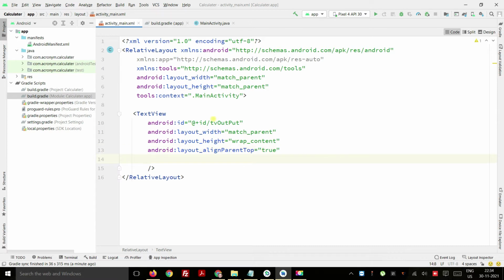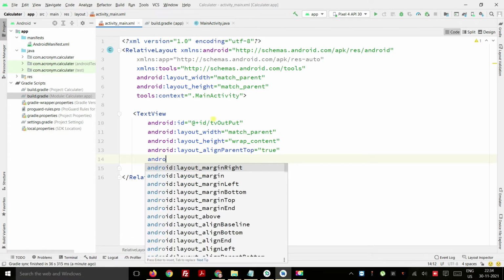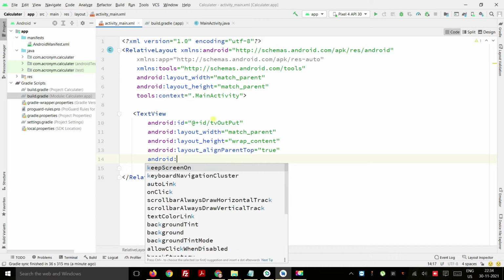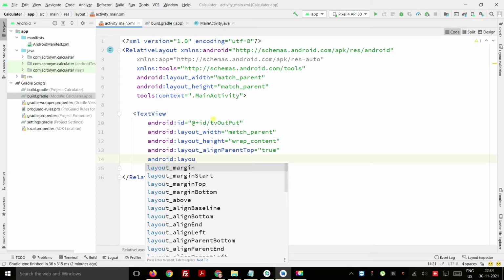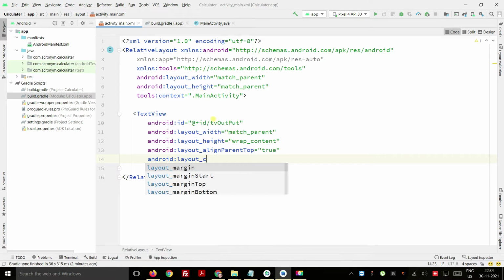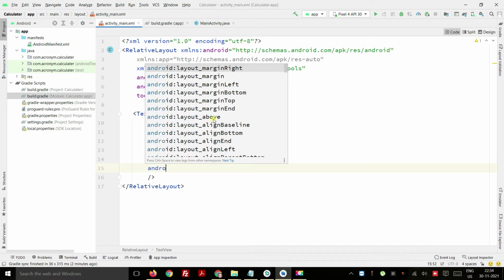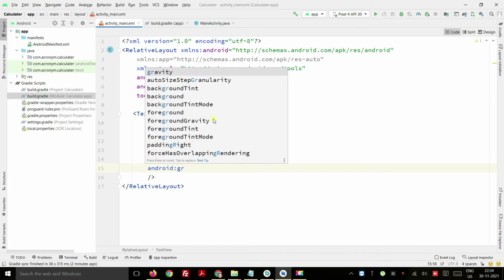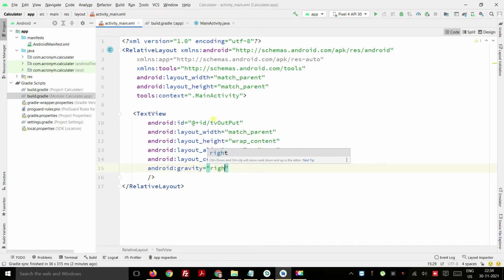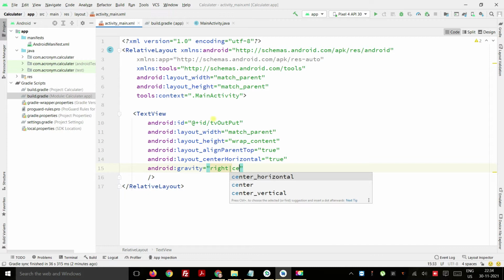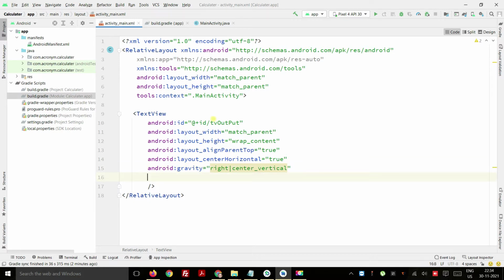Then we are going to put layout_centerHorizontal, that has to be true. And then we are going to put the gravity. I will put it as right, so whatever the text will be, it will be center vertical, and it will show the text on the right side from the start.